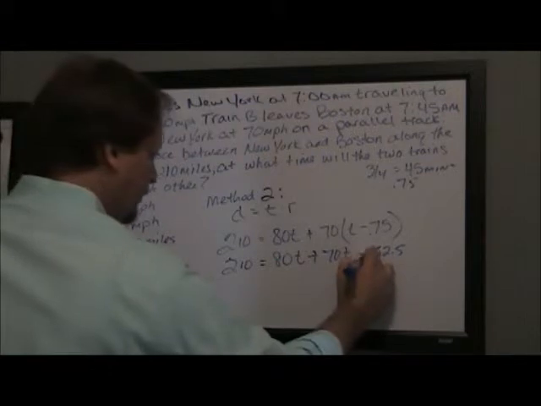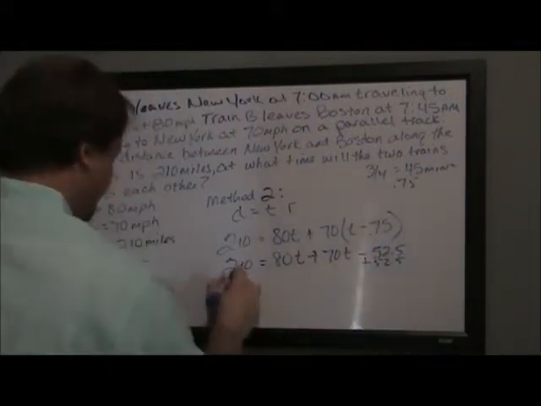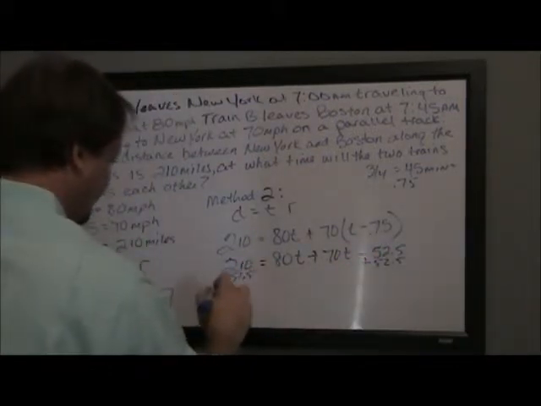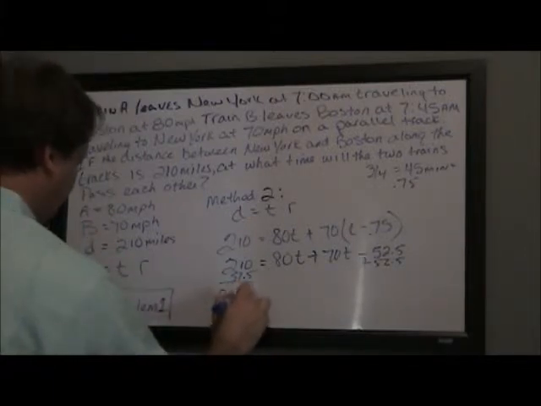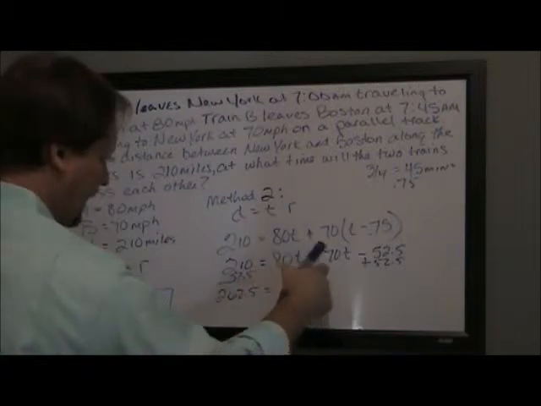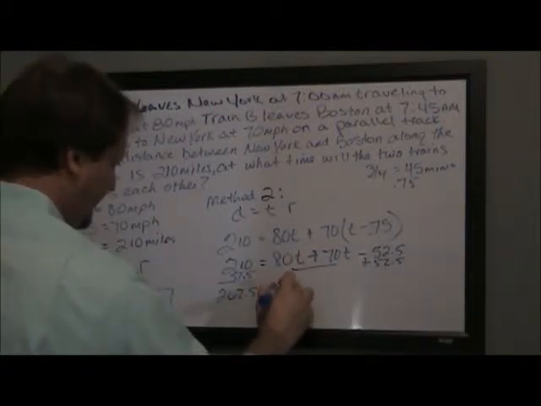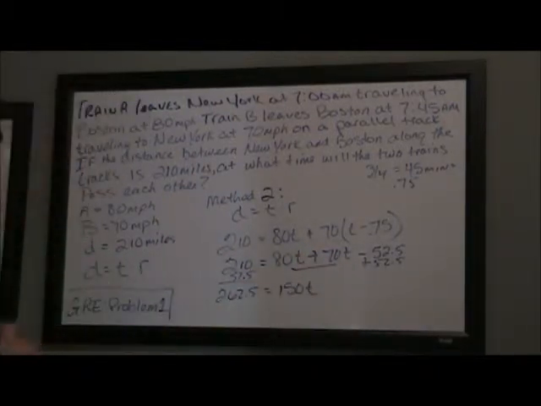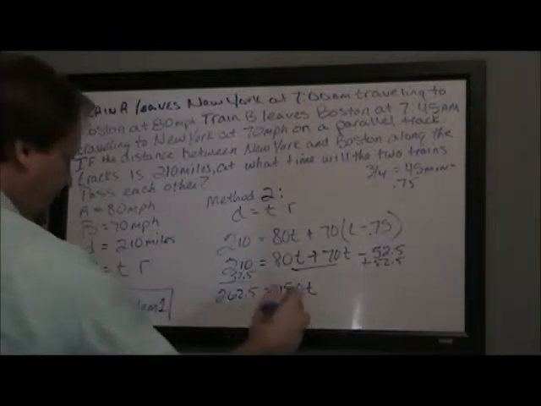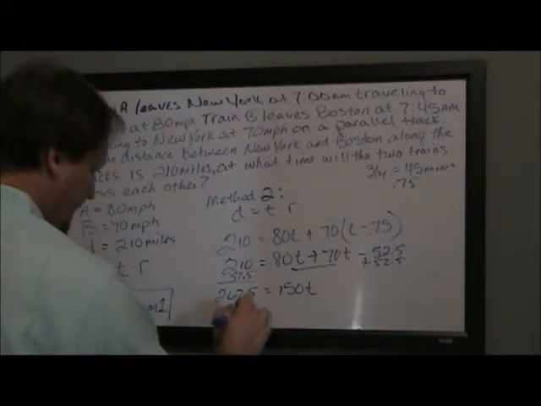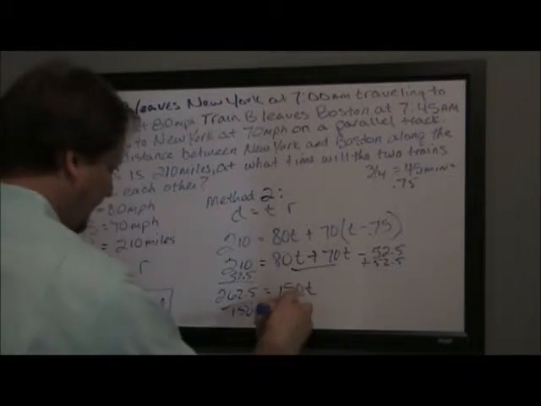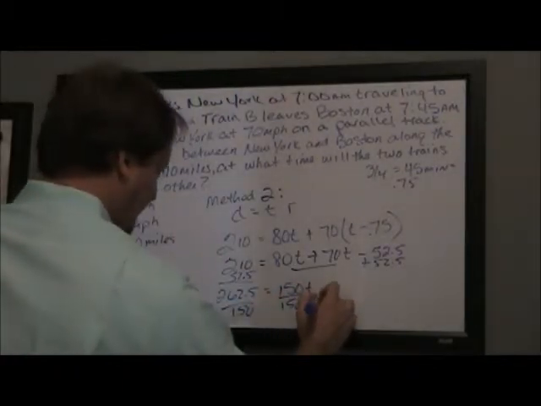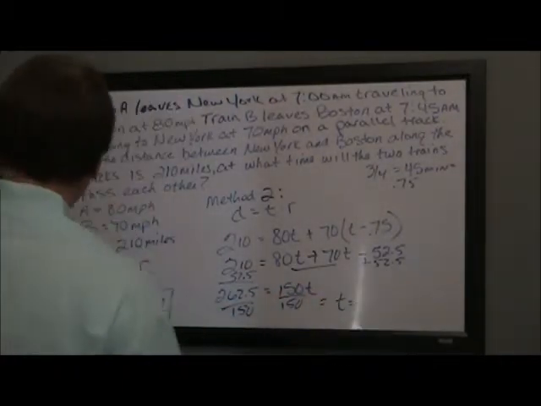If we add 52.5 to both sides, we end up with 262.5 equals, we can combine like terms, 150t. So divide both sides by 150, and you get t equals